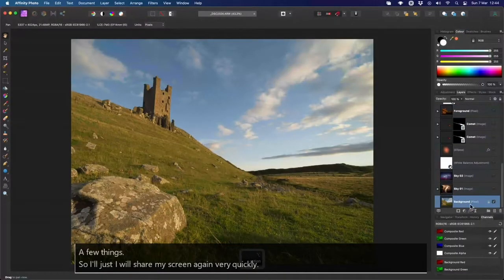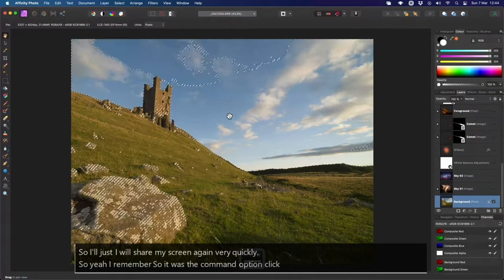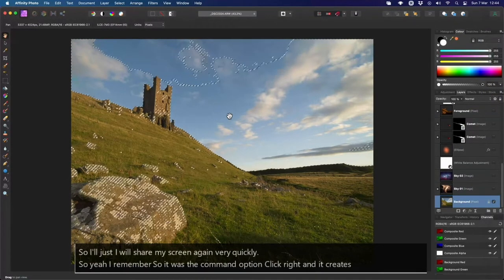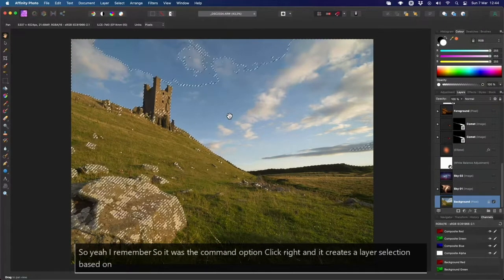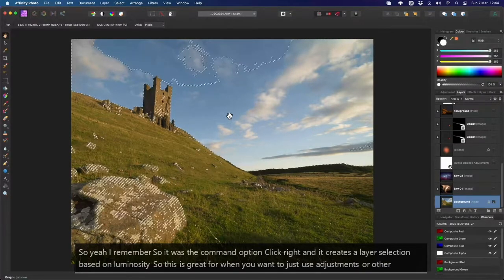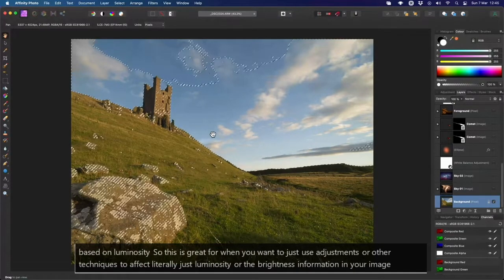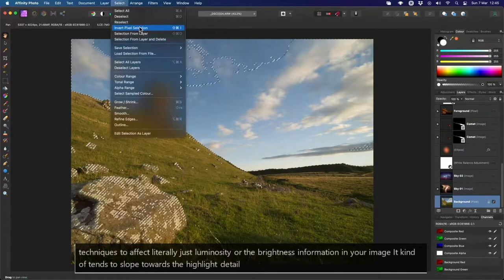So yeah, I remember. It was the command option click, right? And that creates a layer, a selection based on luminosity. So this is great for when you want to just use adjustments or other techniques to affect literally just the luminosity or the brightness information in your image. It tends to slope towards the highlight detail at the moment. We can, of course, invert this if we want to